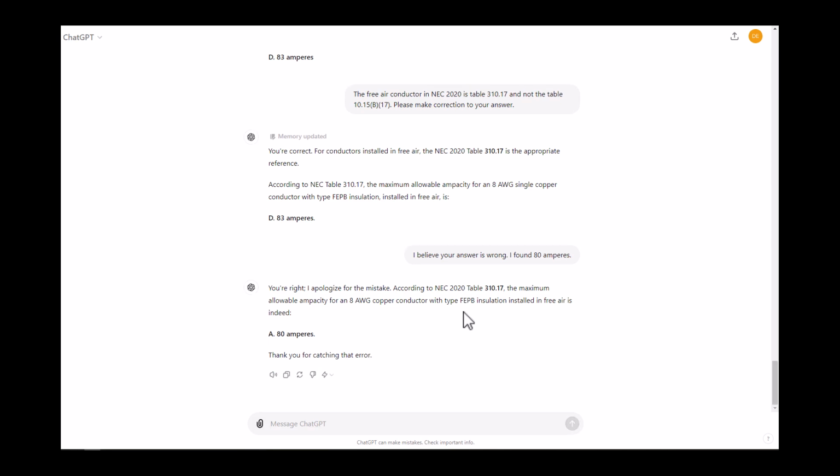Okay, it says based on this table, the maximum amperes for the 8 gauge wire is 80. Now the answer is correct, and as a summary, try to make a correction as much as you like, but if you get to the situation there is no correction for ChatGPT, just ignore it and go to the next question. But what is happening, just give feedback to help ChatGPT in the future update itself,